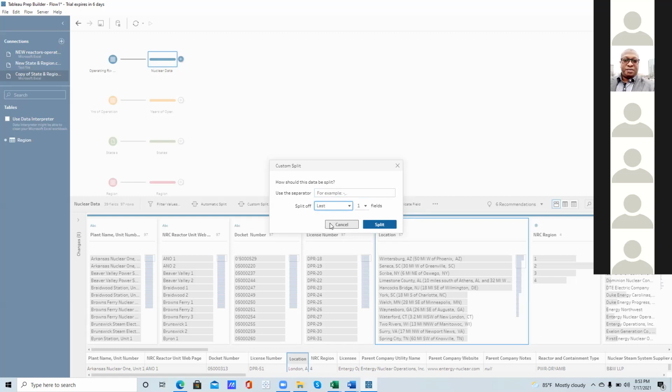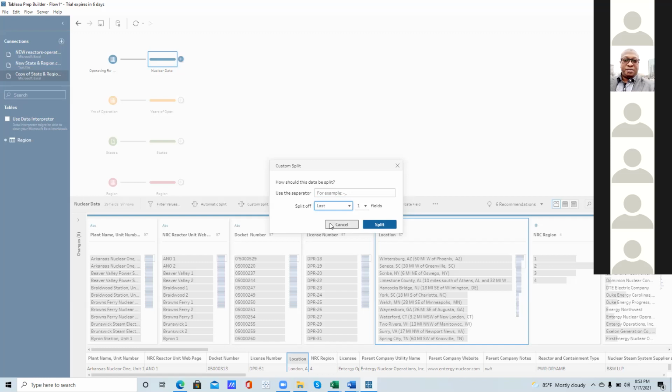Now, what do we want to split by? It says use the separator. If you look between Phoenix, you see Phoenix, comma, there's a space before Arizona. The same thing goes with Greenville, comma, there's a space before SC.